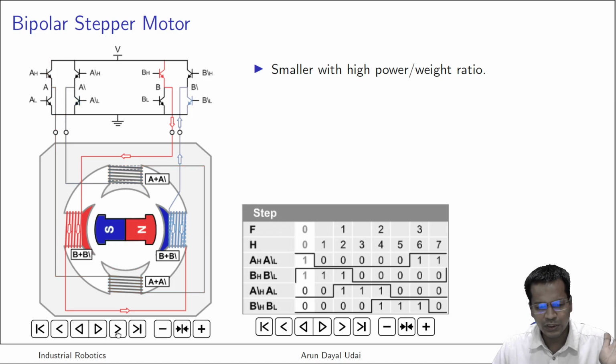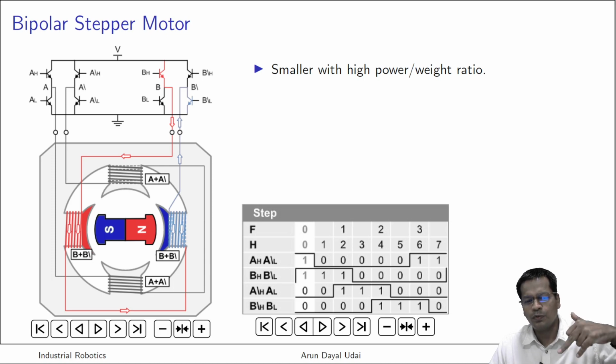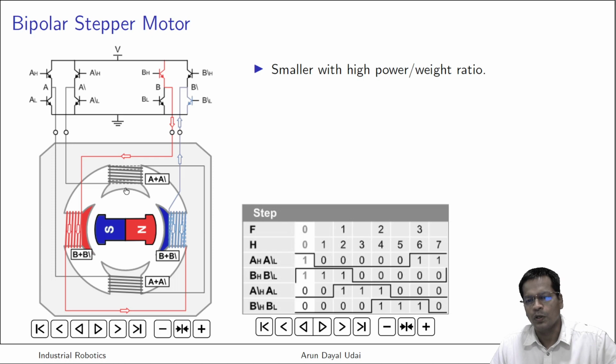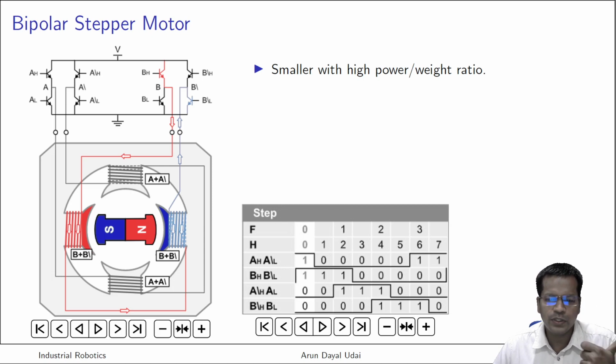You can run in half step and full step both. If you skip these off states, it becomes full step and torque will be more uniform, but yes, it will be less precise. You will move pole to pole. So whatever is the angle between two poles, that will be the angle it rotates per step. Got it? So this is what bipolar motor driving is.